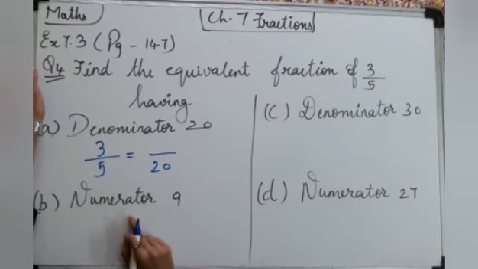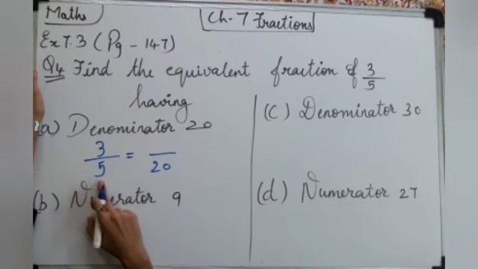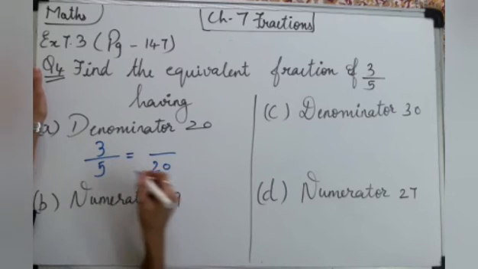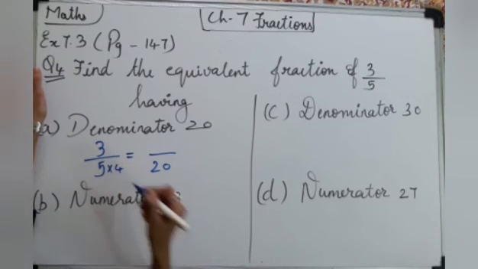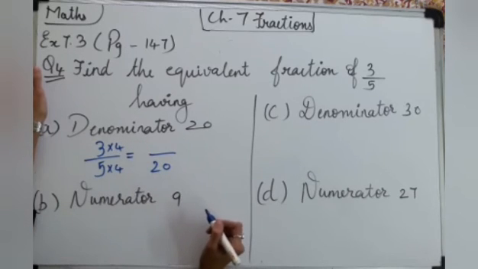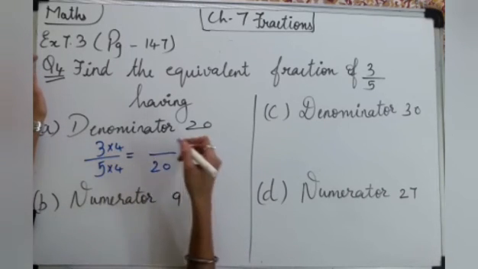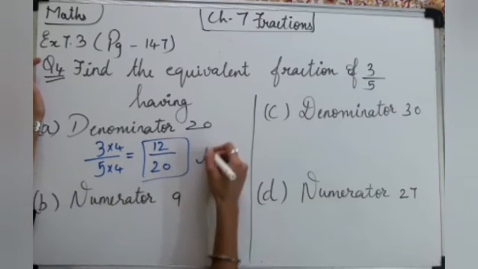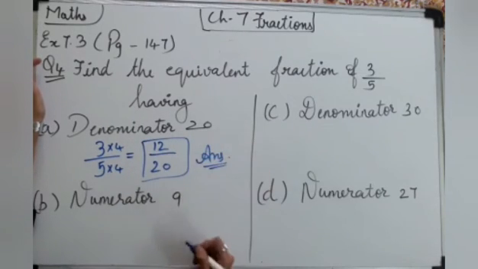We have done these things, right? So from a smaller number we have to create a bigger number. So what will we do? We will multiply. Okay. By which number will we multiply? So we will get 20 by 4. So in the numerator also we will multiply by 4. So we got 3 into 4 is 12. So this is our answer.